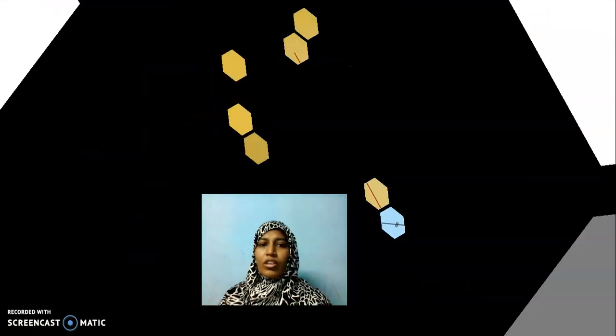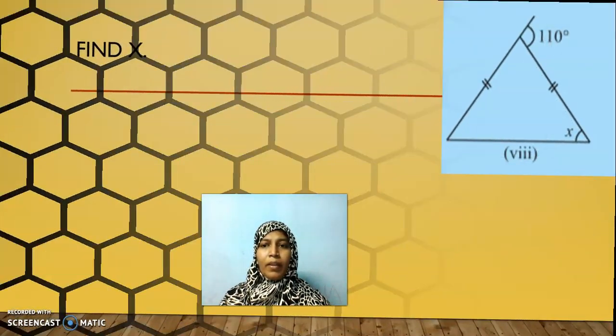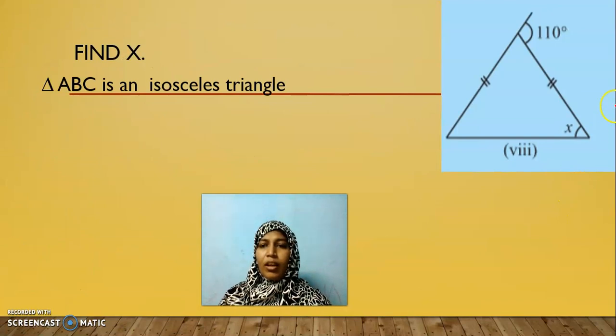Now, what is the next property? Again the same thing, but of higher difficulty. No angle is being given here. Not even a single measurement except the exterior angle. But we know that these two sides are equal. If these two sides are equal, the base angles are going to be equal. If it is x here, this is also x. And so this is 2x is equal to 110 because the sum of interior opposite angles is equal to the exterior angle.